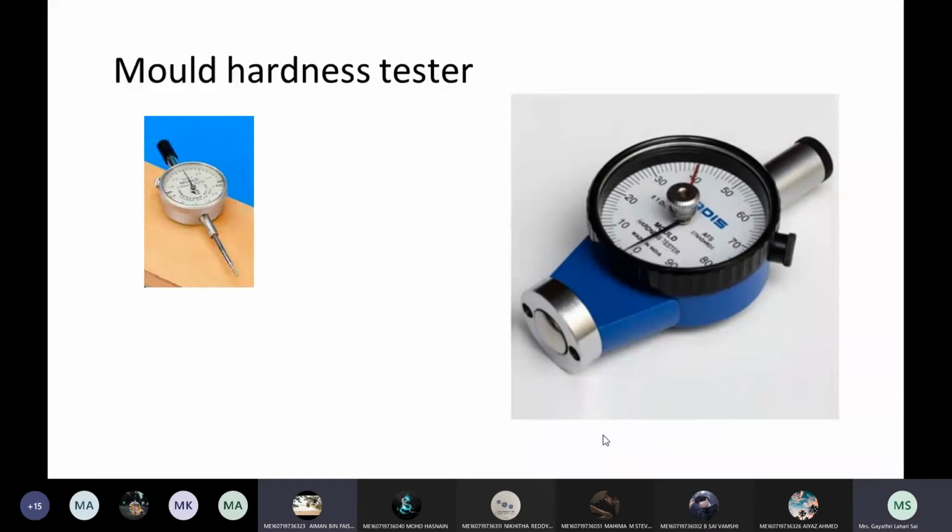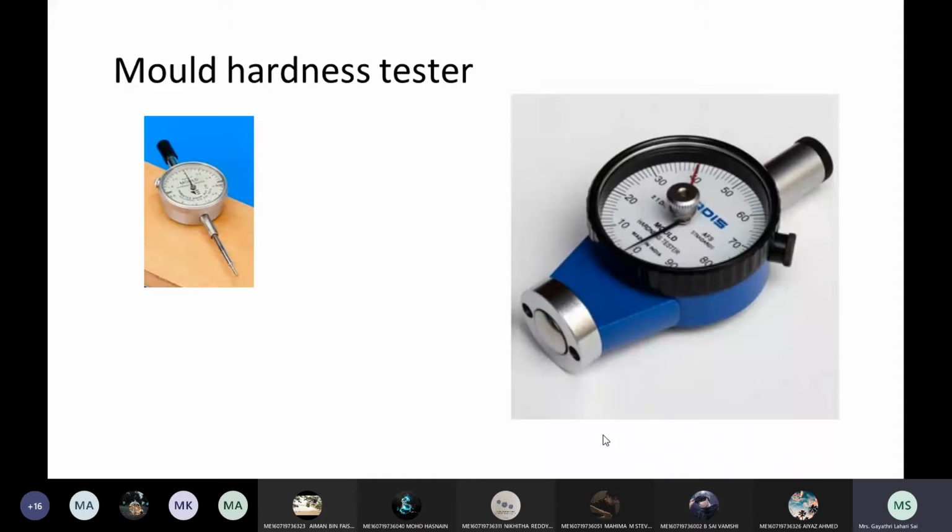Okay, then now tell me, is this sand suitable for the Brinell hardness? You said for softer material. Now categorize which type of hardness tester is suitable for this molding sand. Ma'am, if I take the green sand, I'm just talking about the Brinell. Generally, I think green sand, you will go for the Brinell. Okay, very good answers.